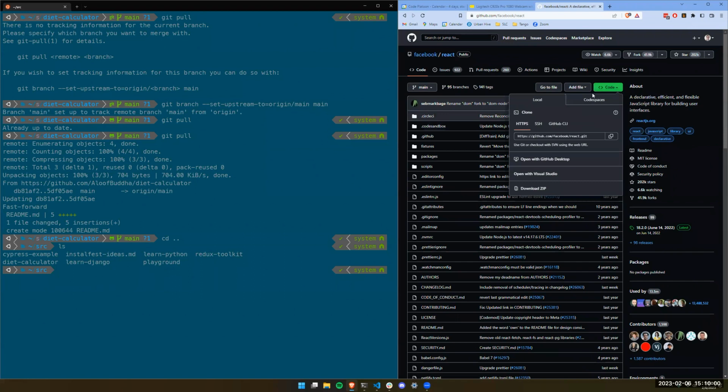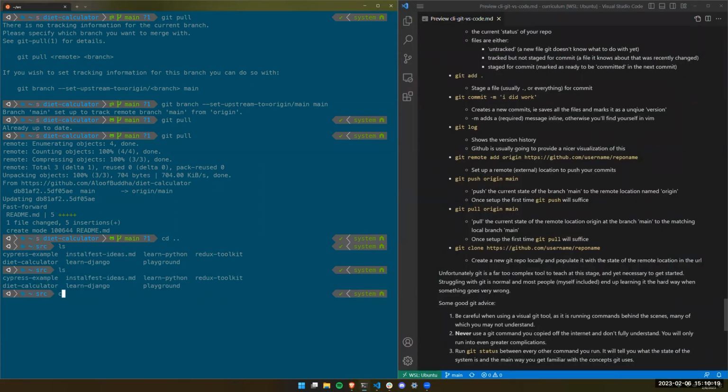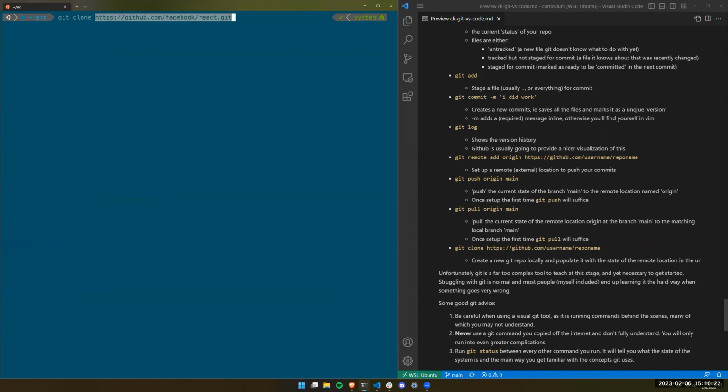But cool. So I can click code, and we have our GitHub CLI, which is sort of the standardized approach now. But still, we have this original thing which just tells us, okay, by HTTPS, we have this URL, and Git understands this. So I can say something like git clone that. So I'm in here, and I'm going to say git clone, and I'm going to give it a URL, and it should be able to go to that URL, find that repository, and download it all locally. By default, it'll call it exactly what this is, which is React, but I can also call it my own name. But I'll just call it React for simplicity's sake.